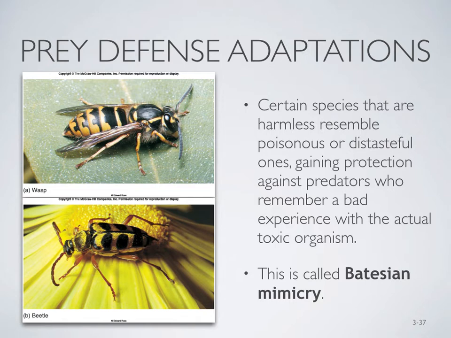In Batesian mimicry, a stinging wasp in figure A has bold yellow and black bands, which a harmless longhorn beetle mimics in photograph B to avoid predators. Similarly, the benign viceroy butterfly has evolved to closely resemble the distasteful monarch butterfly. When two unpalatable or dangerous species look alike, we call it Müllerian mimicry. When predators learn to avoid either species, both benefit.